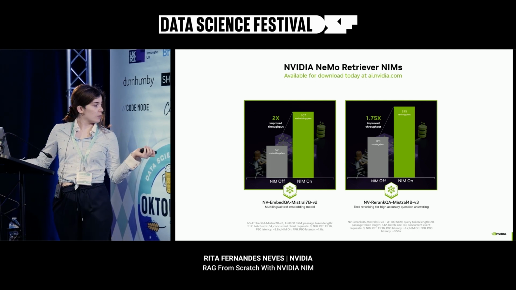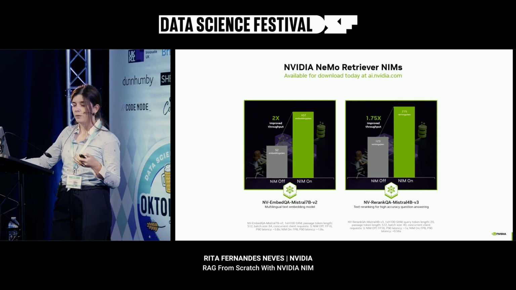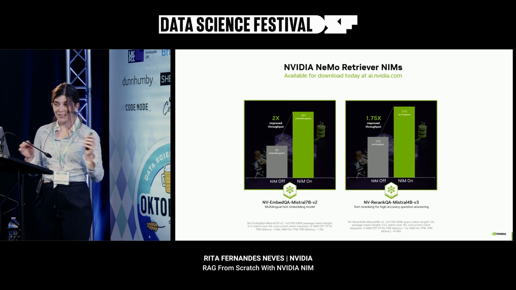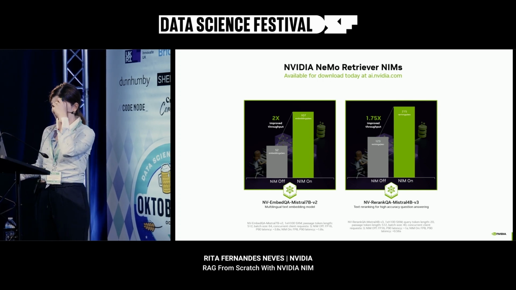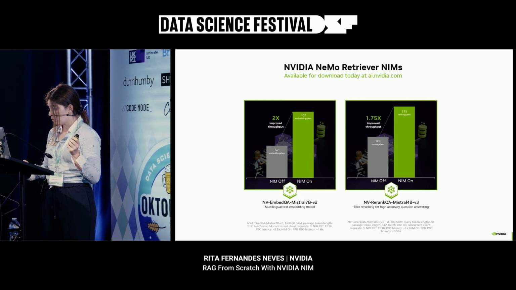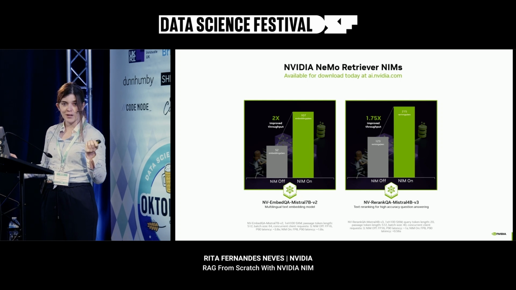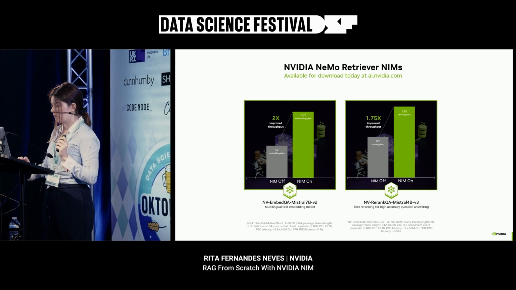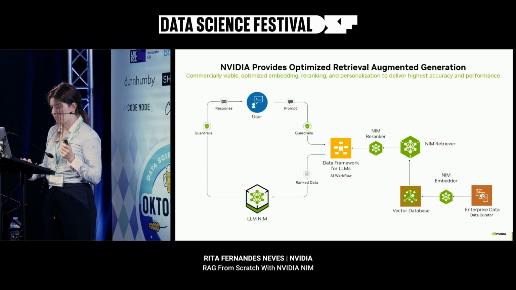And in particular, for the embedding model, I don't know if you're familiar with the Massive Multilingual Text Embedding Benchmark, which exists online. It's basically a good set of performance metrics for embedders, and we currently have the top one existing in the market, which is not this one. It's still not in general availability. This is the second one. So I'm actually going to be using an embed QA E5v5 in the demo part, and I can talk a bit more about that in a second.